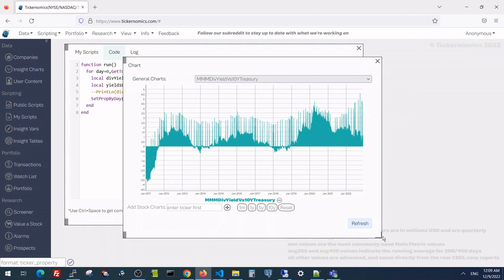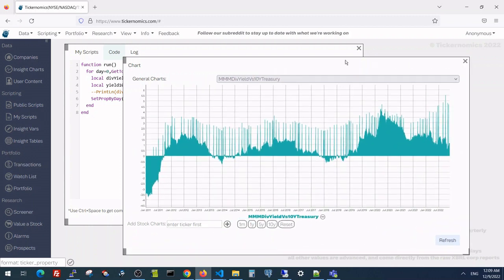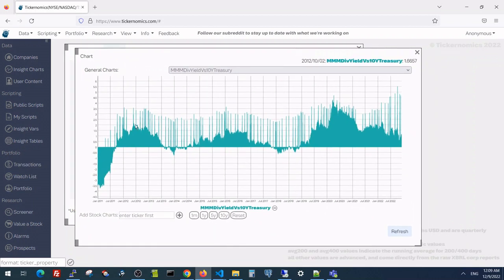And here it is. This is how it looks. I'm surprised, it's actually mostly positive. So why would you even want to invest in 10-year Treasury, because the 10-year Treasury's weakness is that it's inflation sensitive, right? If there's inflation, money gets cheaper and you lose your money in the long term. But if you own a company, inflation maybe can hit the company price at the very moment when inflation is high,